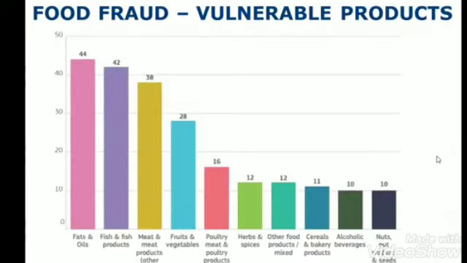The other study is a European study, based on 2019 data. This is the European Union Commission's data on food fraud. Here you can see the topmost is fat and oil. As I said, olive oil and other expensive oils fall in this category, with 44 records at the top. Then fish and seafood, again meat products, fruit and vegetable, poultry, and so on. And last is nut products.